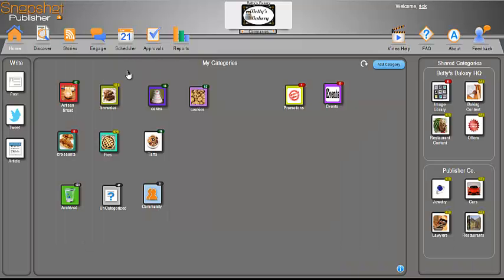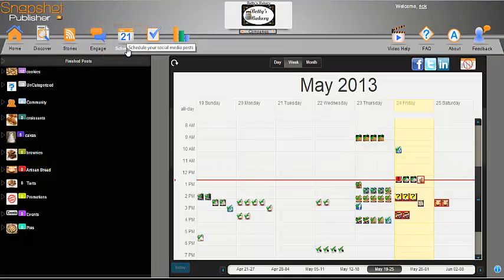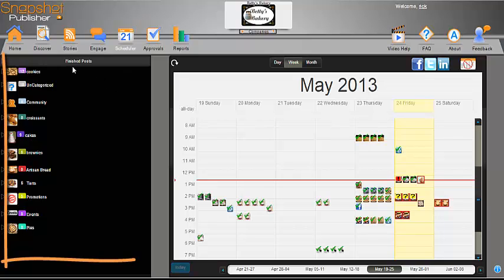Let's take a look. Here we are on the home page. To use the scheduler, we click the scheduler icon here, and it opens up the Snapshot Publisher scheduler. Let's do a layout first. On the left side are the finished posts. Any posts that we have created and finished off that are ready to get scheduled show up here by category,